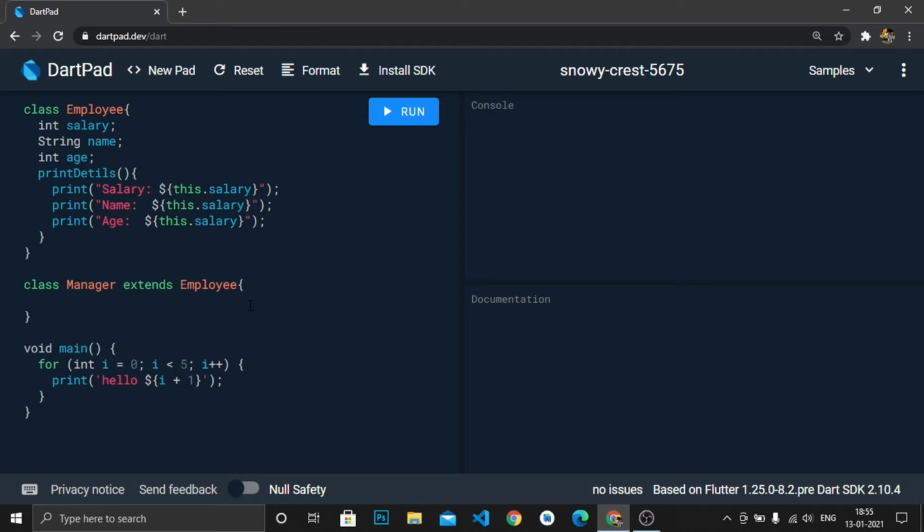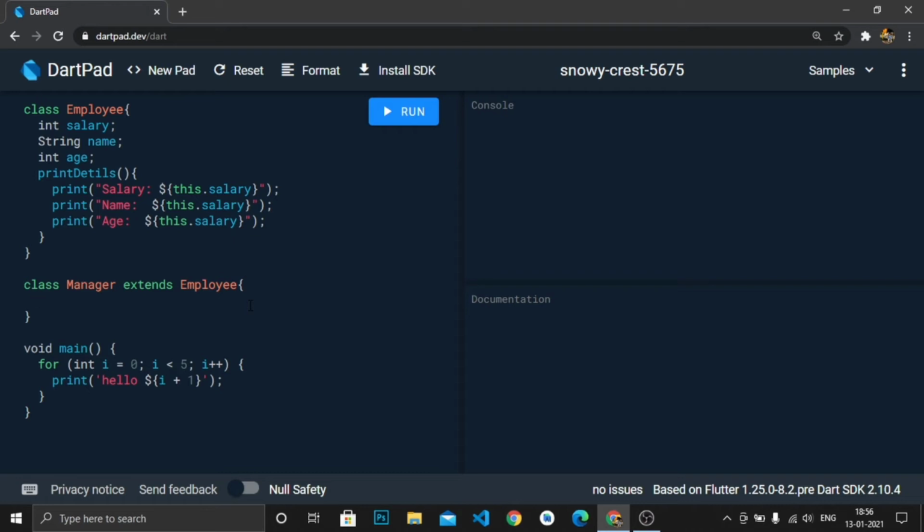But the difference between manager and employee is that the manager's salary is a bit greater than the rest of the employees. So we have to modify this print function inside our Manager class for the increased salary.